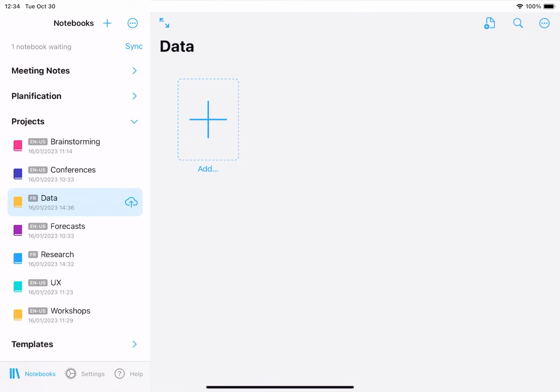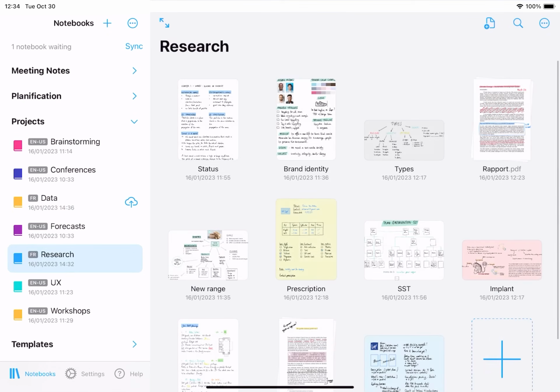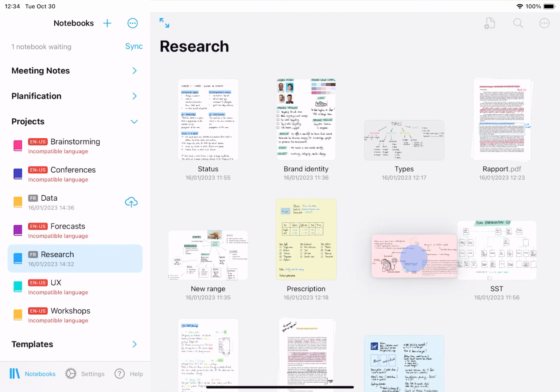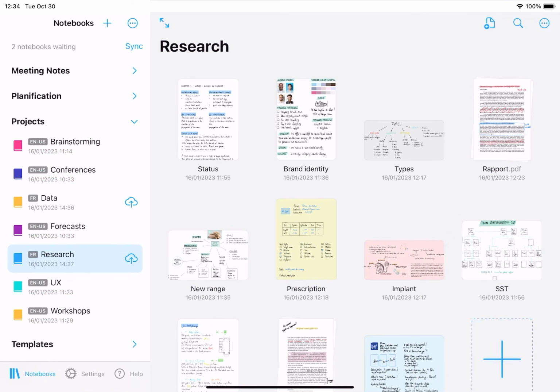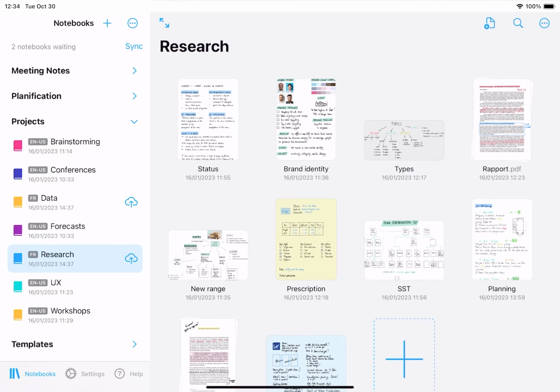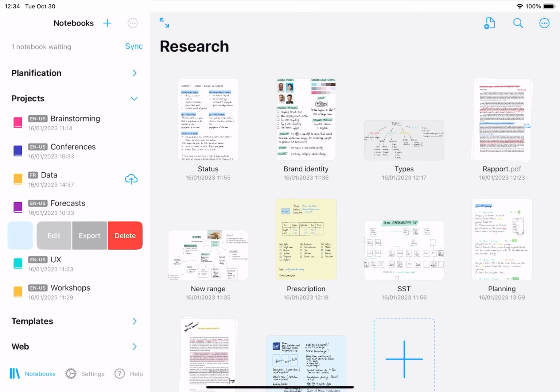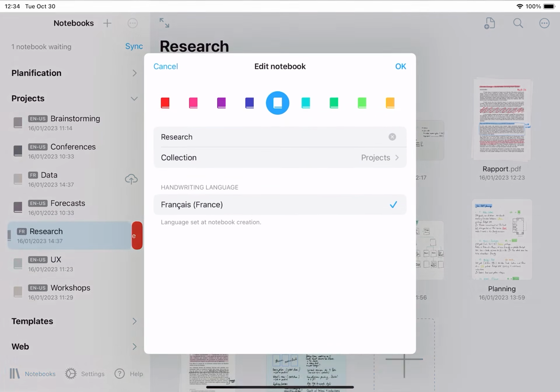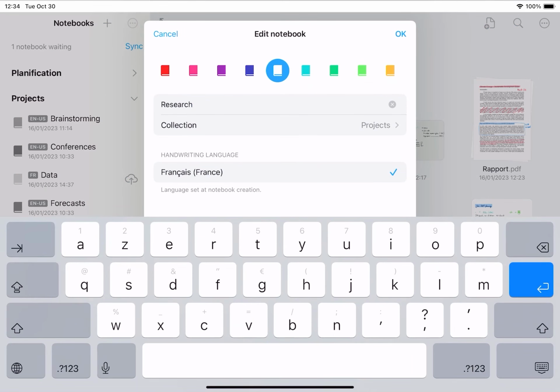To add a page in your notebook, either tap plus in the top right corner of the page or tap the big plus. You can then choose what type of page you want to create. To move a page inside your notebook or to another notebook, long press it, then move it via drag and drop. Note that you can only move a page into a notebook with the same recognition language. Notebooks, however, can be moved into any collection. Swipe a notebook's name. Tap Edit to rename the notebook and change its collection if needed.